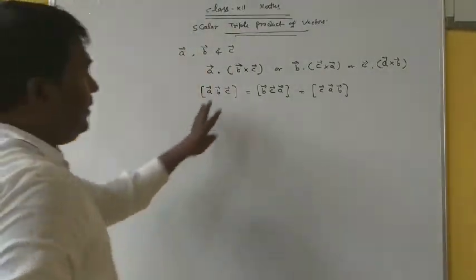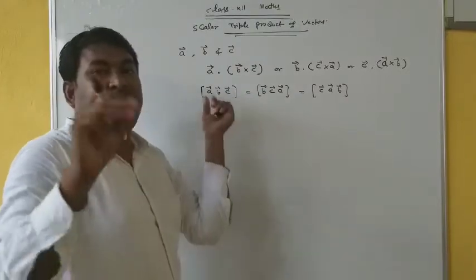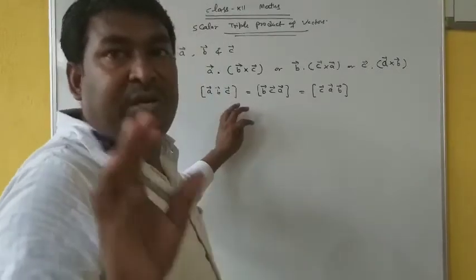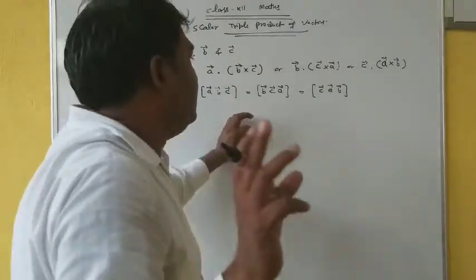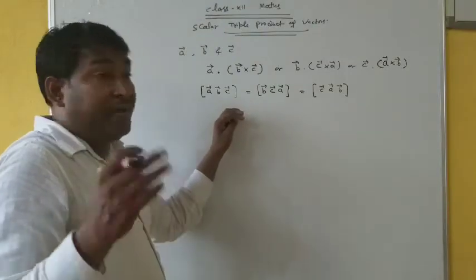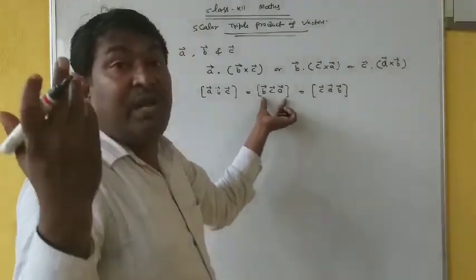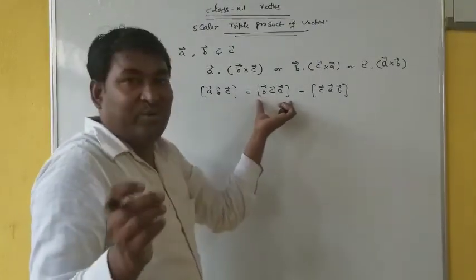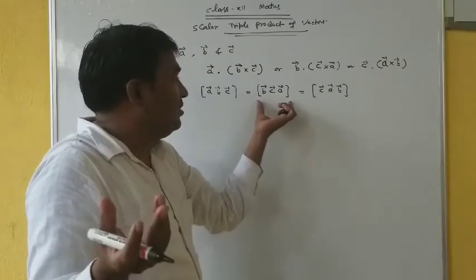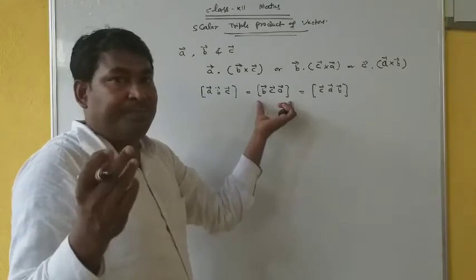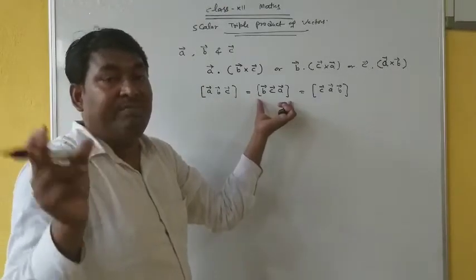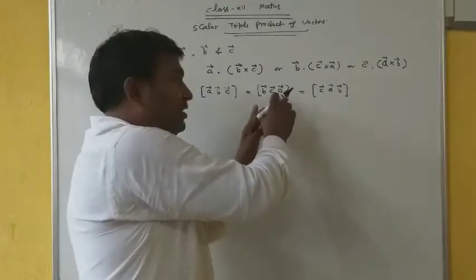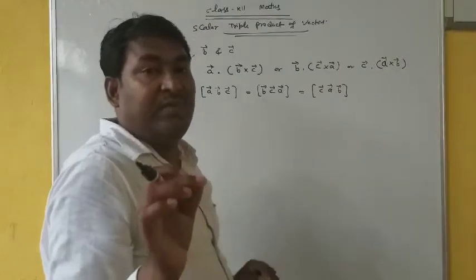Okay. If the order of any two vectors is changed, then its magnitude will remain unchanged while its direction will change. Direction, you might say it will have no direction since it is a scalar triple product. So if it is a scalar quantity, it does not matter at all about direction, so its magnitude will remain unchanged, but its sign will change. Means if earlier it was coming positive, then if you change its order, its sign will change, means it will come negative.